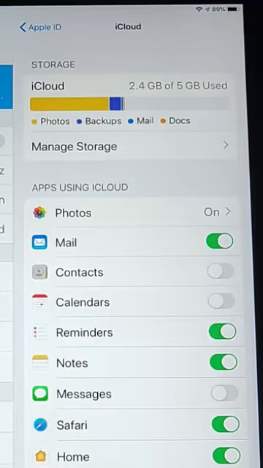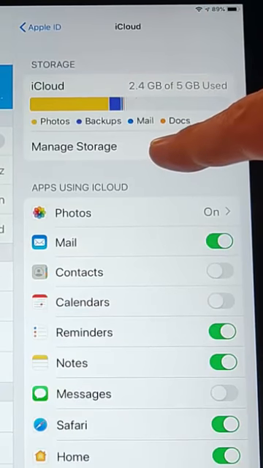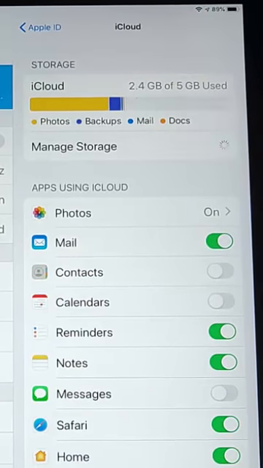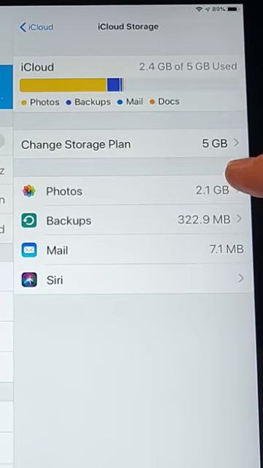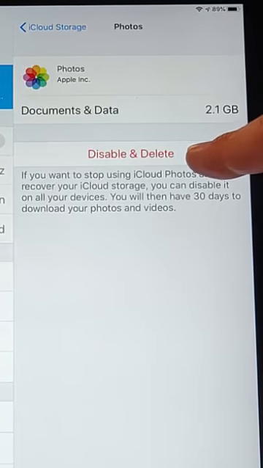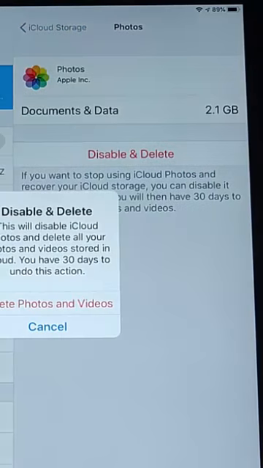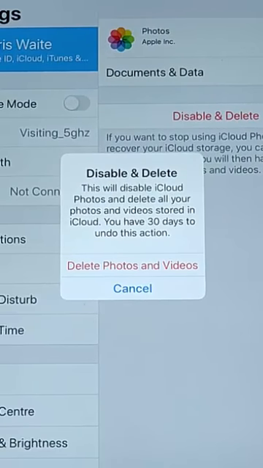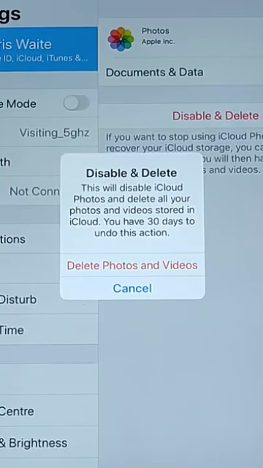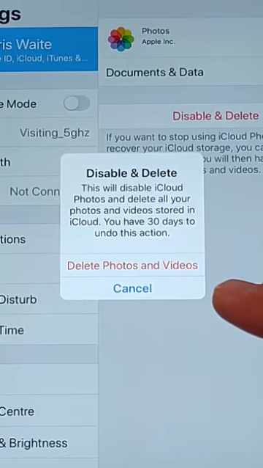And then the next thing we need to do is go into manage storage just here. So just tap manage storage, and then we tap photos just here, and then we tap disable and delete. It says this will disable iCloud photos and delete all your photos and videos stored in iCloud. You have 30 days to undo this action. So don't worry, because they're now stored in Google Photos. As long as they're all backed up and you've verified they're backed up in Google Photos, then just tap delete